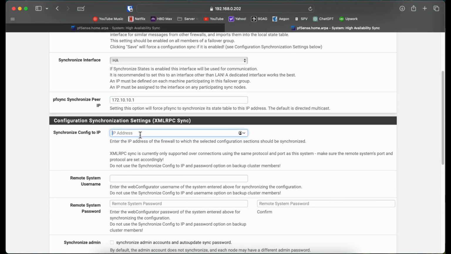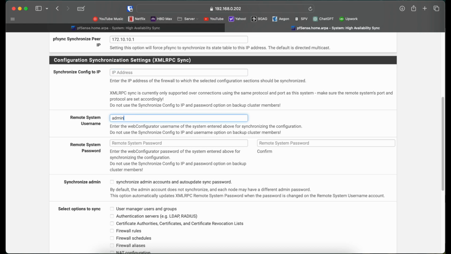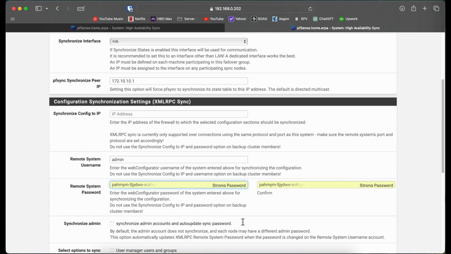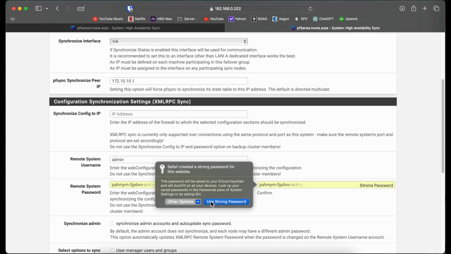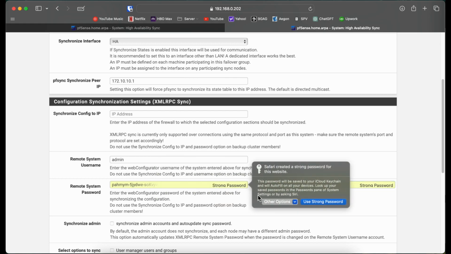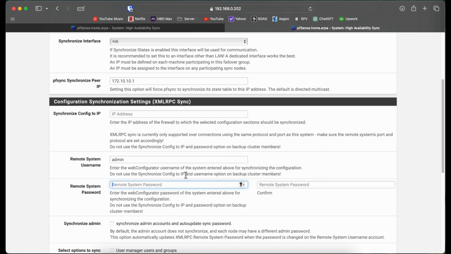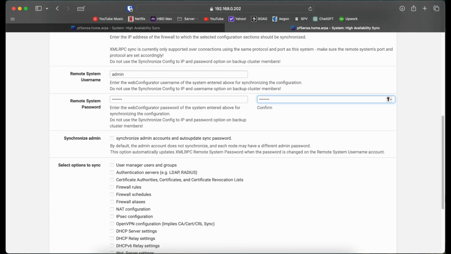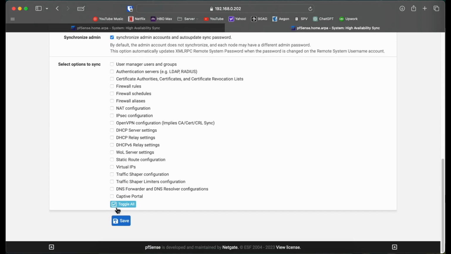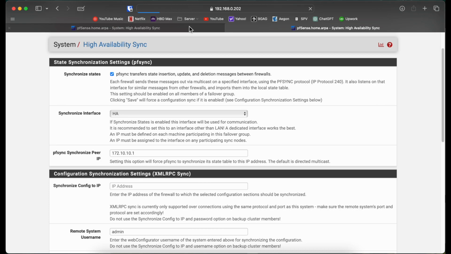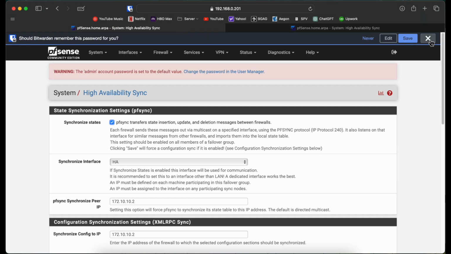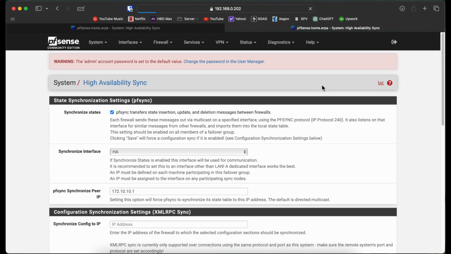This field will remain empty. Add the username configured on HA1 and the password. And I will also select all options. So while it is saving,